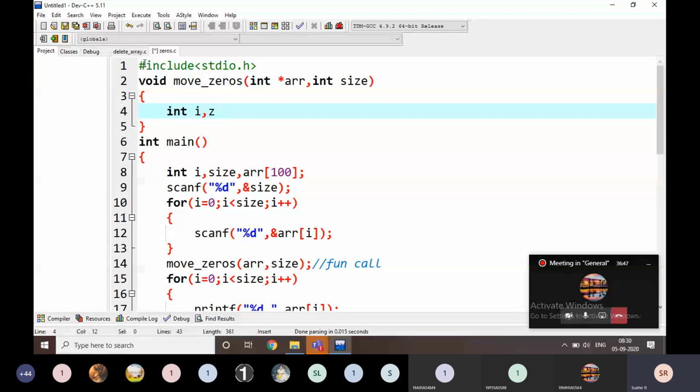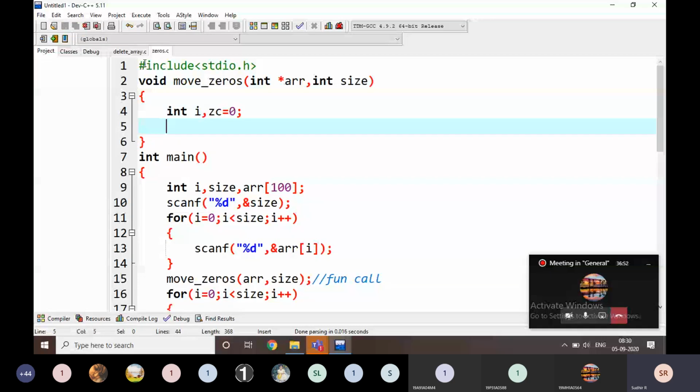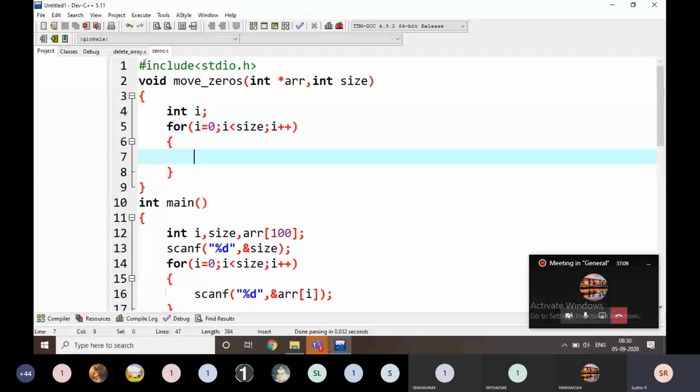I don't know if I'm going to take it or not. There is no need, I think. We are going to start at i equal to 0, i less than size, i plus plus.